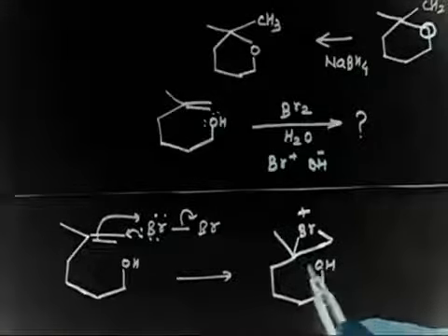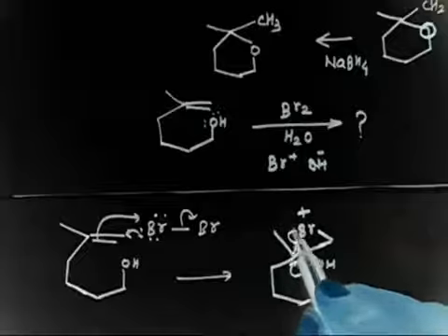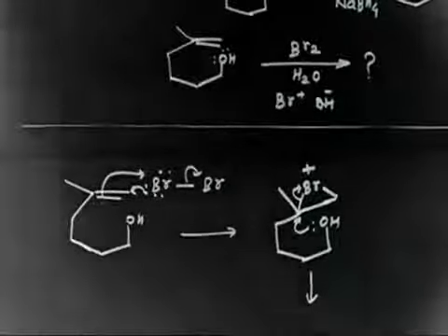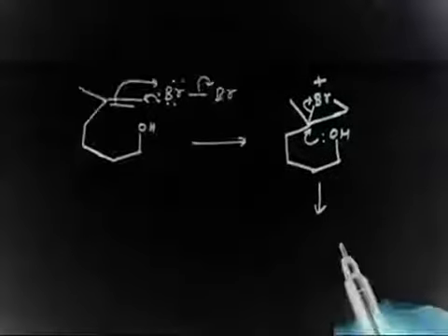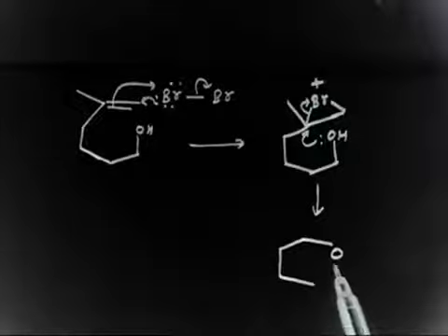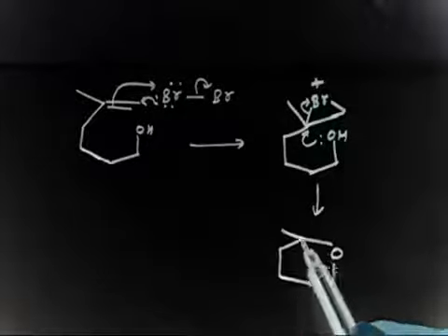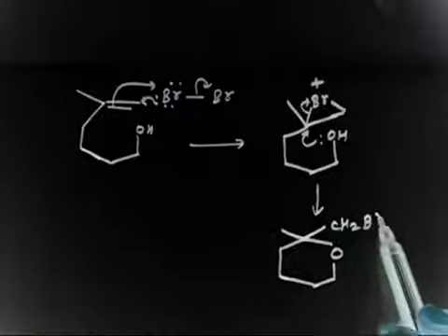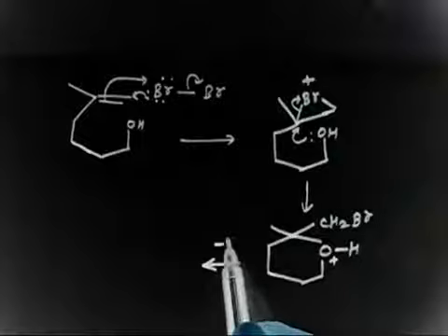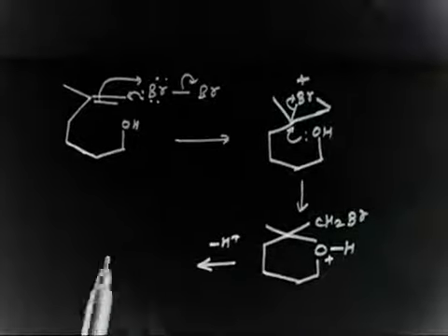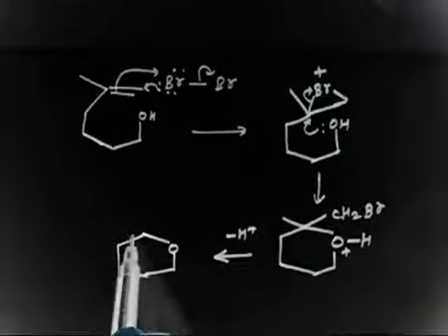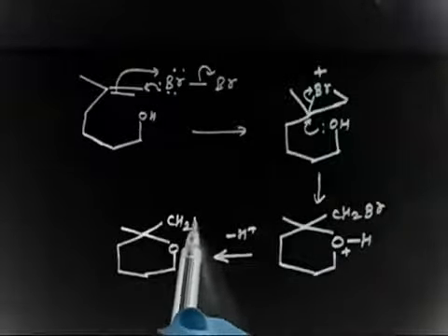And on the next step, this oxygen can even attack. If it does something like this, this goes this side. So you will have something like this. So let me remove this one. So you will have a 6-membered ring. Here you will have oxygen. Now here we will have CH3 and here we will have CH2Br. Now we will have OH plus. The next step you can lose H plus and then you will get the desired product. So here you will have CH3, here you will have CH2Br.